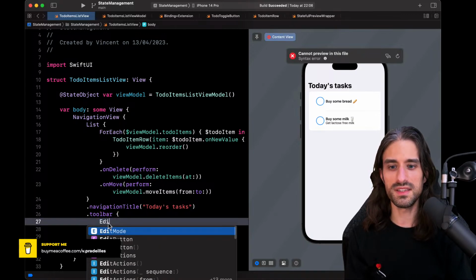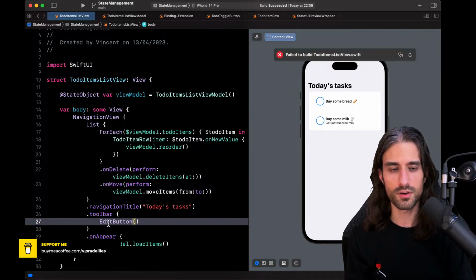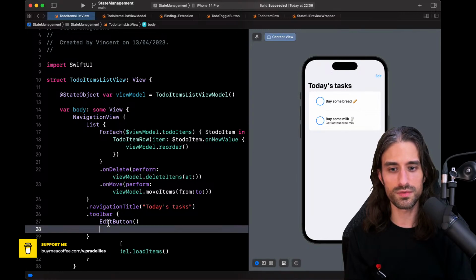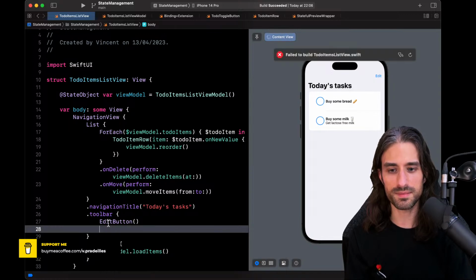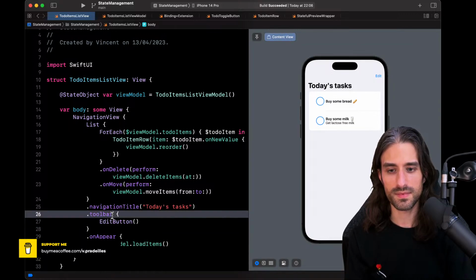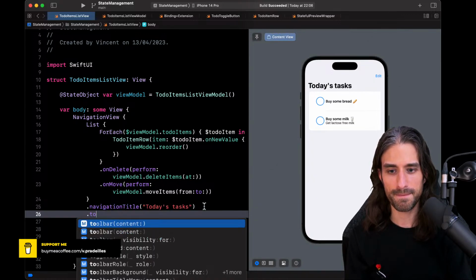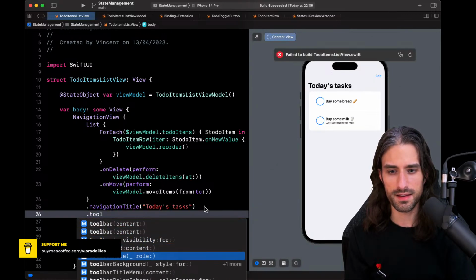So what I want to have is the edit button, which is something that is built into SwiftUI. And where do you do this navigation? I guess it might be an argument of toolbar. So there is this thing, content, okay, toolbar content, it's that one.